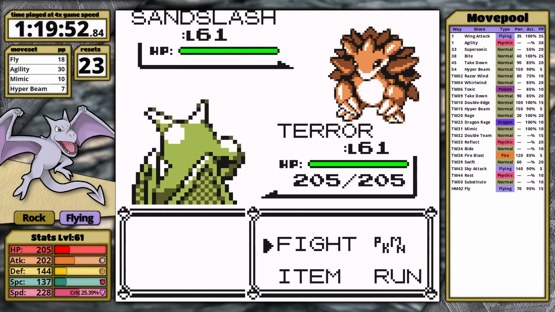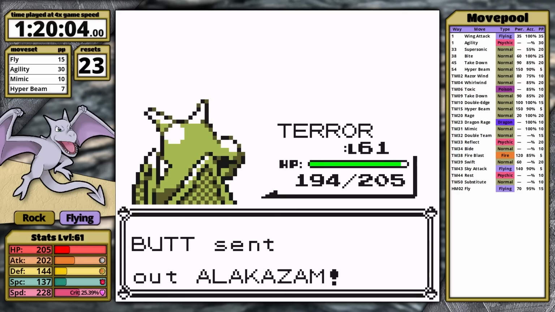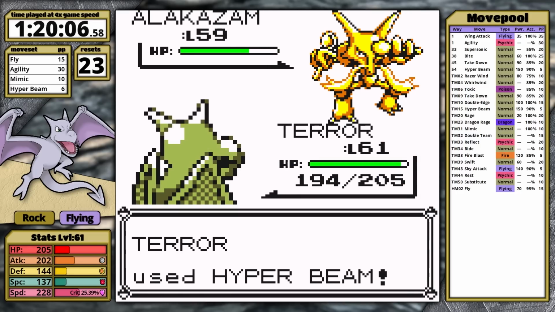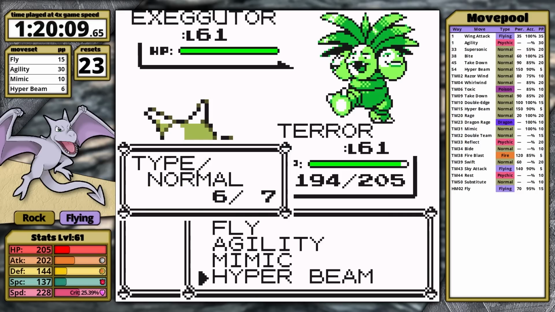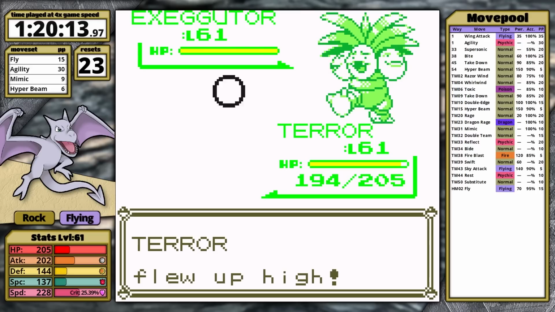Sandslash is first. This time it doesn't have Sand Attack, and I take it out with 3 uses of Fly. Alakazam follows. I use Hyper Beam, which has the coolest animation ever, by the way. It's like just in front of Fire Blast in my opinion, and I get a 1-shot. Executor should be simple, but first before taking it down, I Mimic Hypnosis to manage the Cloyster that's coming up